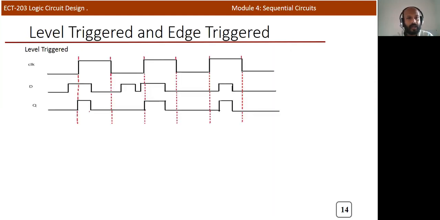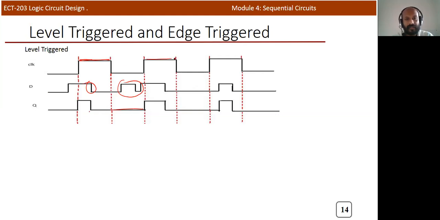So this is another output waveform we can monitor. Again, a level triggered one. So here you can see that when the input is high, you can say this is a D input, there is a change in D input. So 1 to 0, it will reflect at the state. But there is a change during the negative side, but there is no change in the output.